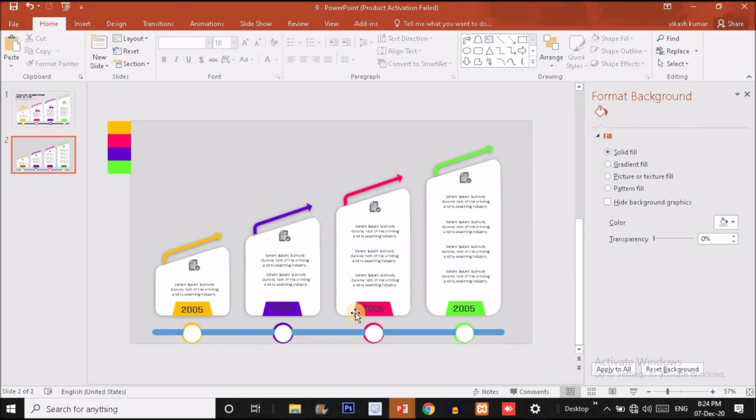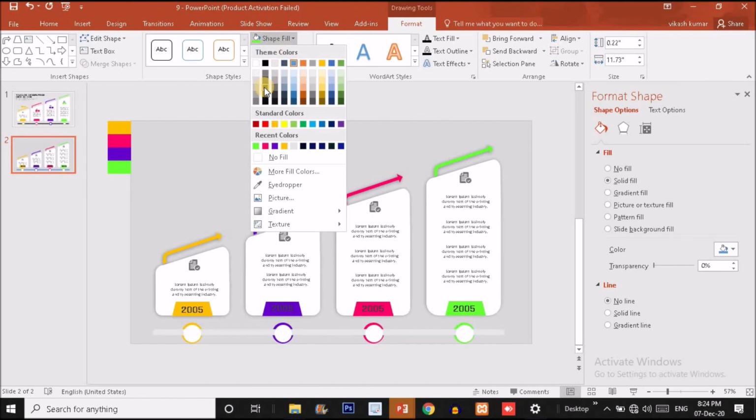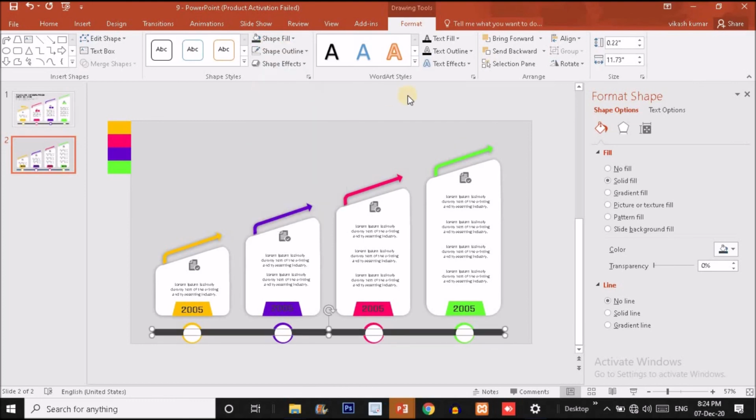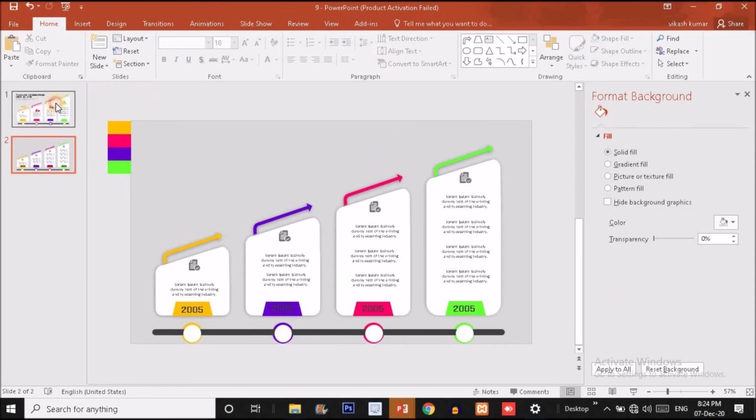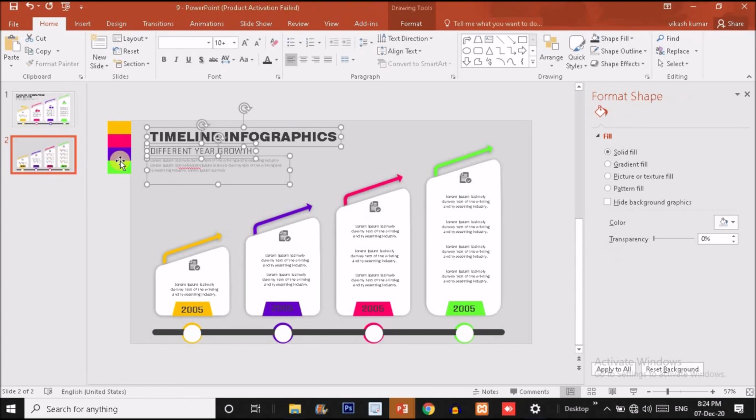Now our style is ready, guys. So for this bar, I'm going to use this color or maybe this color. Okay. So finally we have to add this text over here, and our infographics will be ready.